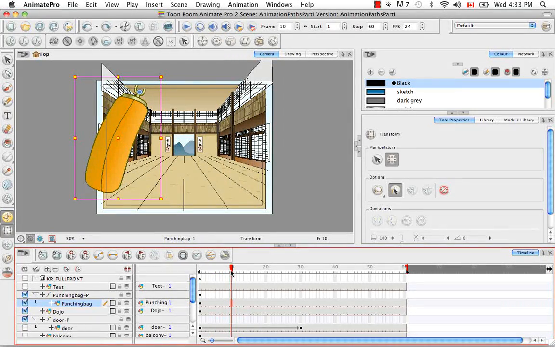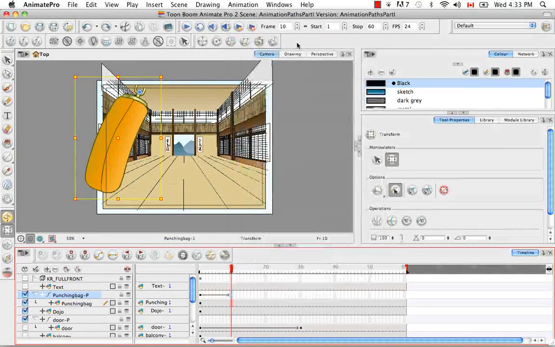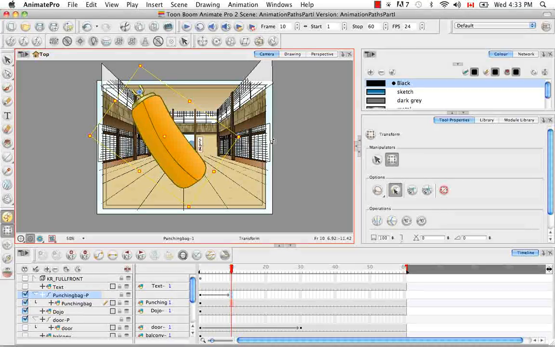take a look at the second way of adding a keyframe, and that's by right-clicking on the cell where you would like to put the keyframe and selecting the menu item Insert Keyframe. Then in the camera view, let's select the corner of the bounding box again and rotate it in the opposite direction. Then let's drag the red playhead one more time to about frame 8 and then use the keyboard shortcut